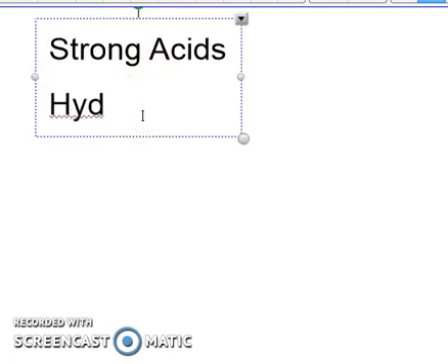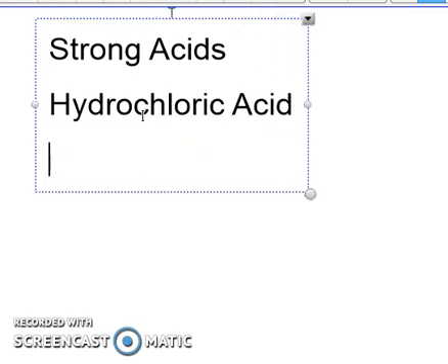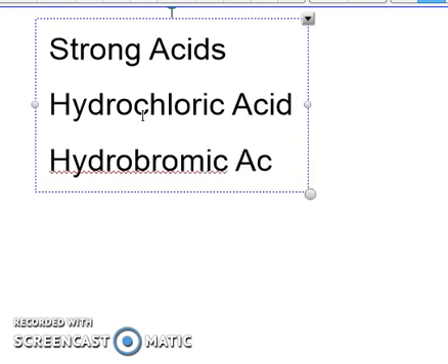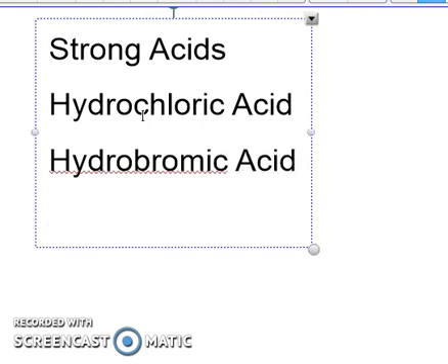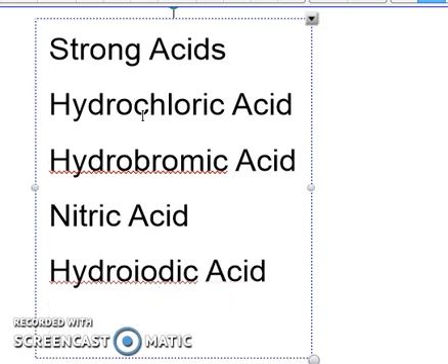So we have hydrochloric acid, we have hydrobromic acid. Hydrochloric is correct, but apparently for hydrobromic, there's a typo there. But anyways, nitric acid, and then we have hydroiodic acid, then we have sulfuric acid,